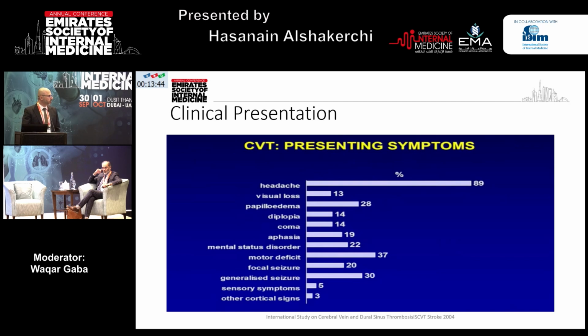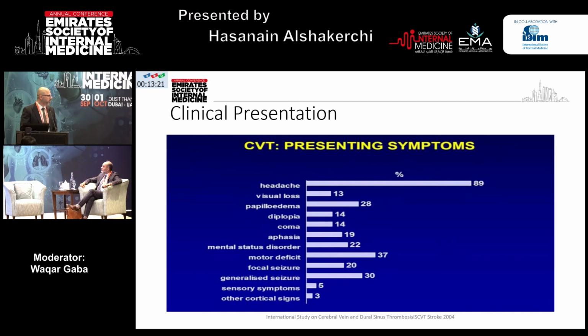There have been a lot of studies suggesting there is a delay of around a week until we make the diagnosis. So be aware of a patient presenting in a clinic or, for example, an ER with repeated episodes: a young female on contraceptive pills, coming in and out with headache. CVT is one of your differential diagnoses. Much easier if it's associated with focal neurology.